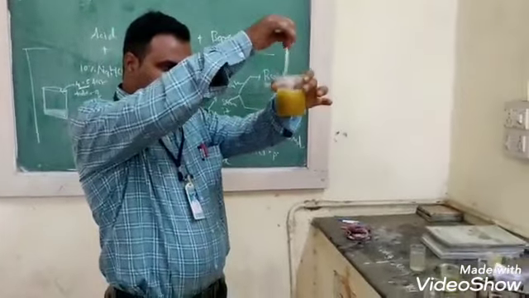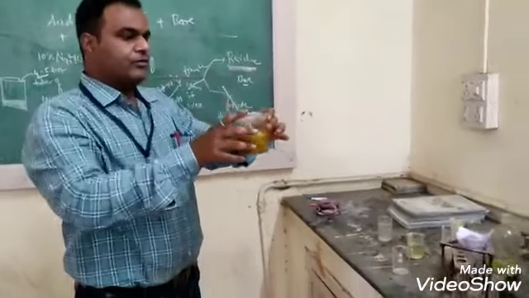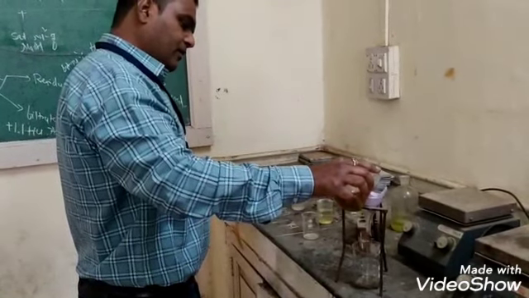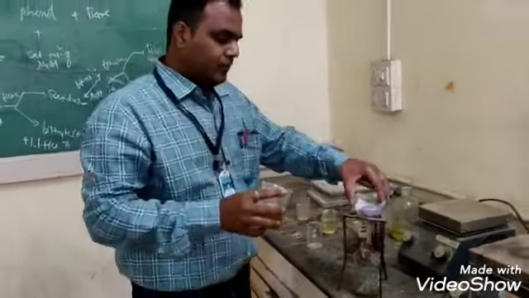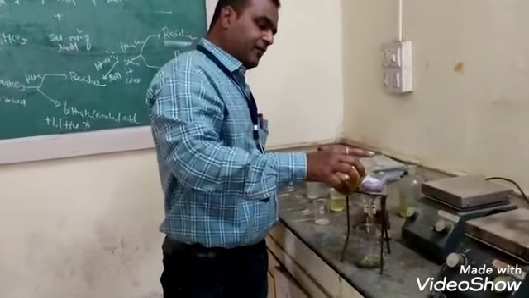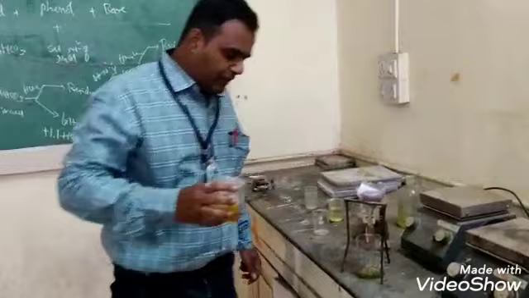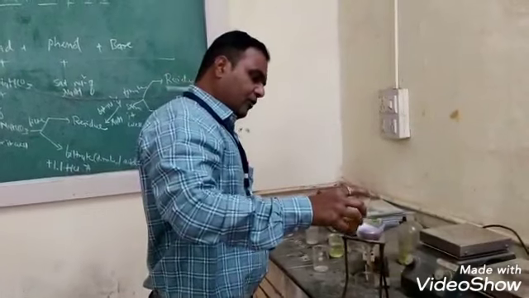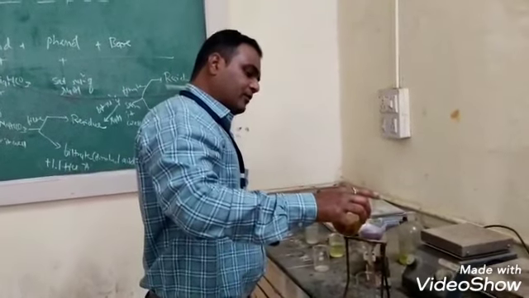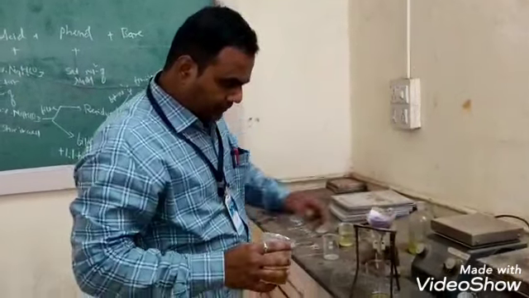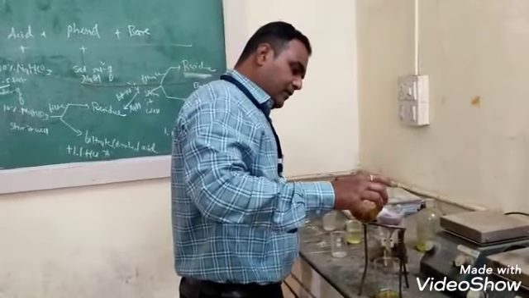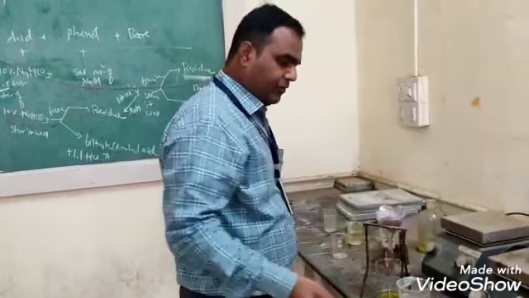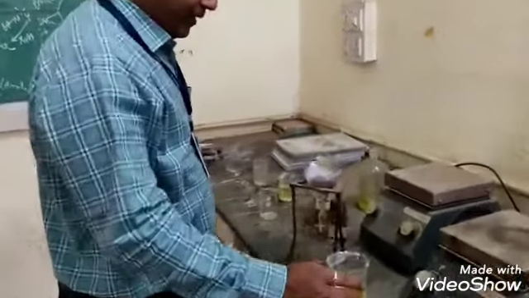Now after stirring this solution, we filter it. After filtration, again we get two parts: one is the filtrate and the other is the residue. In the filtrate, the acid component of the ternary mixture is dissolved, forms its sodium salt, and goes into the filtrate layer. On the filter paper, there is the residue, in which two components remain: one is the phenol and another is the base.